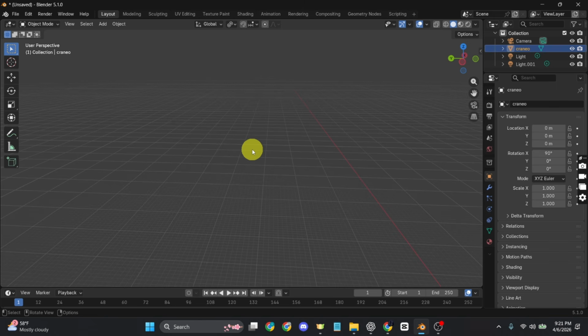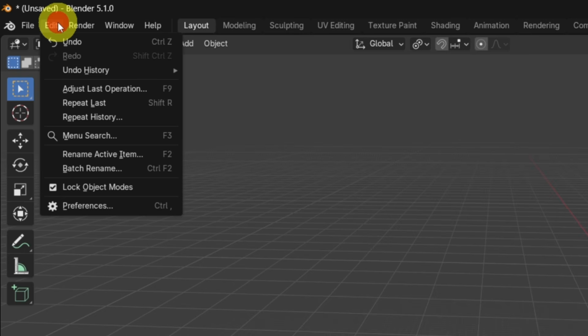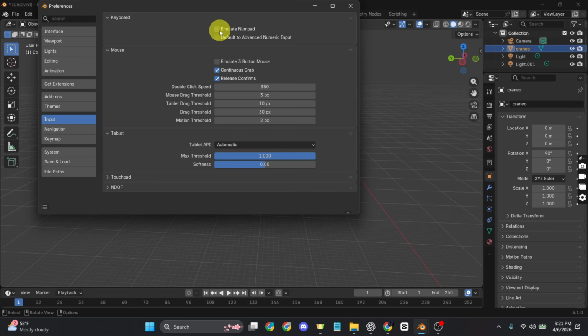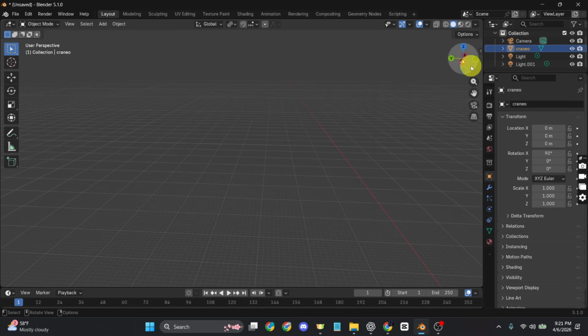To fix this, first just go to the Edit tab on your left hand side and go to Preferences. From here, make sure Emulate Numpad is toggled on like so, and now add the outliner. Make sure your object is selected, which in my case is going to be this particular object, and then simply